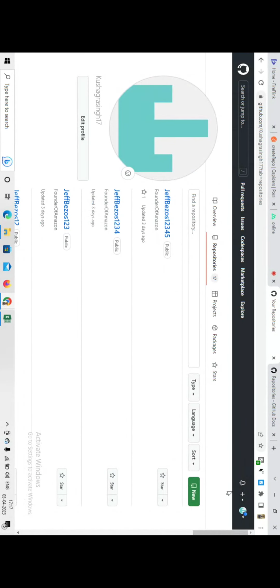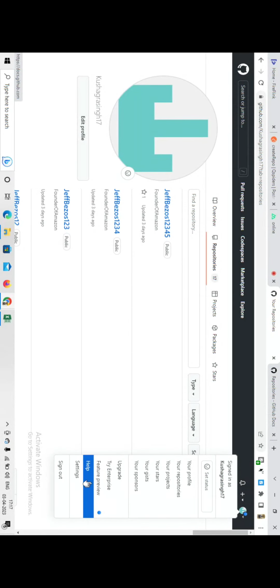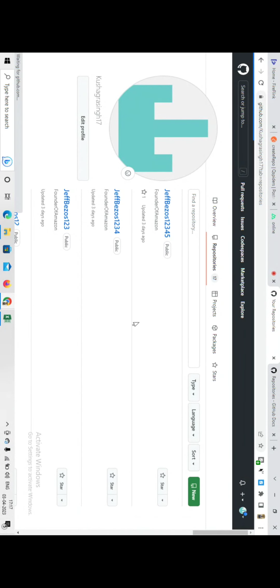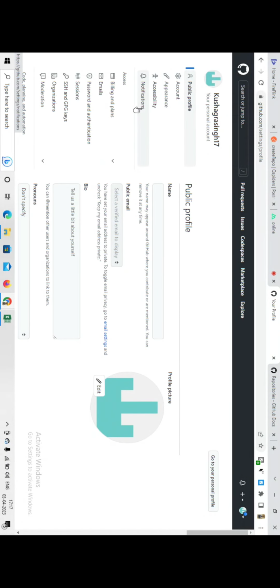Okay, so I will create one token. What I will do, see, I'll go to settings. Then in settings, I will go to developer settings, and then personal access tokens, token classic, generate new token classic, confirm the password,